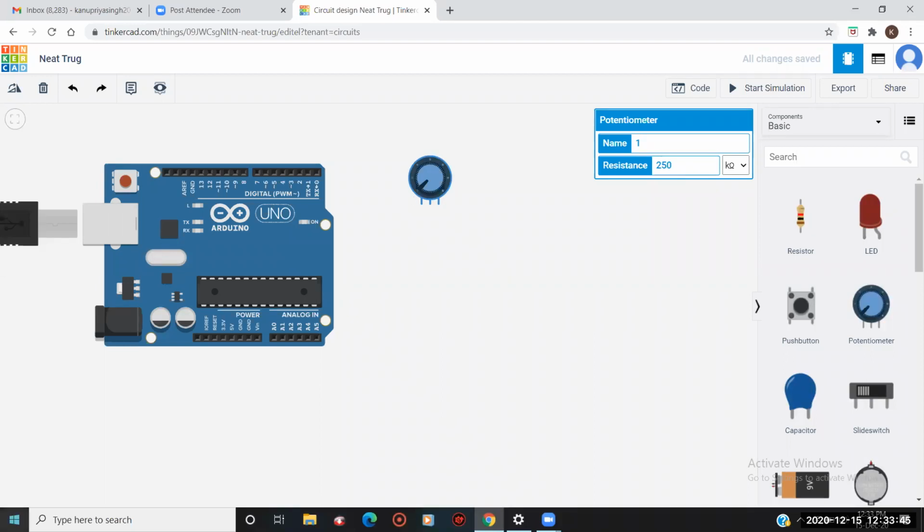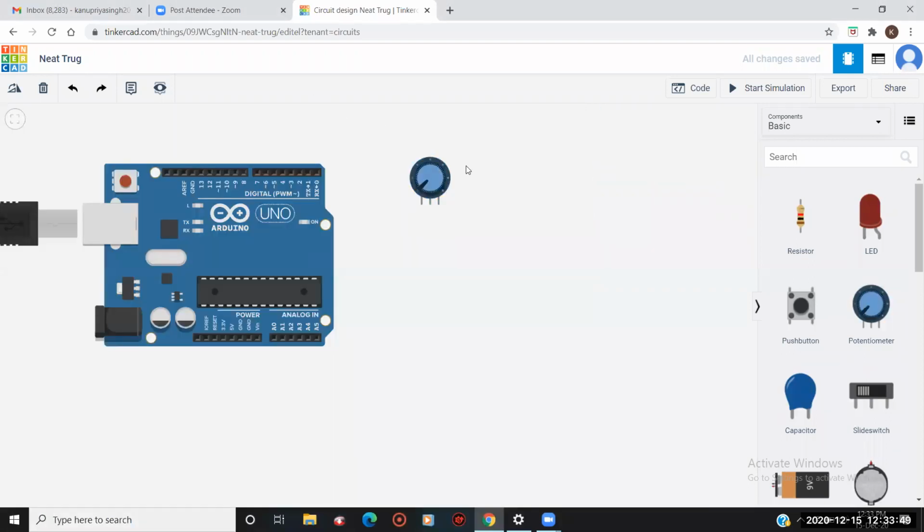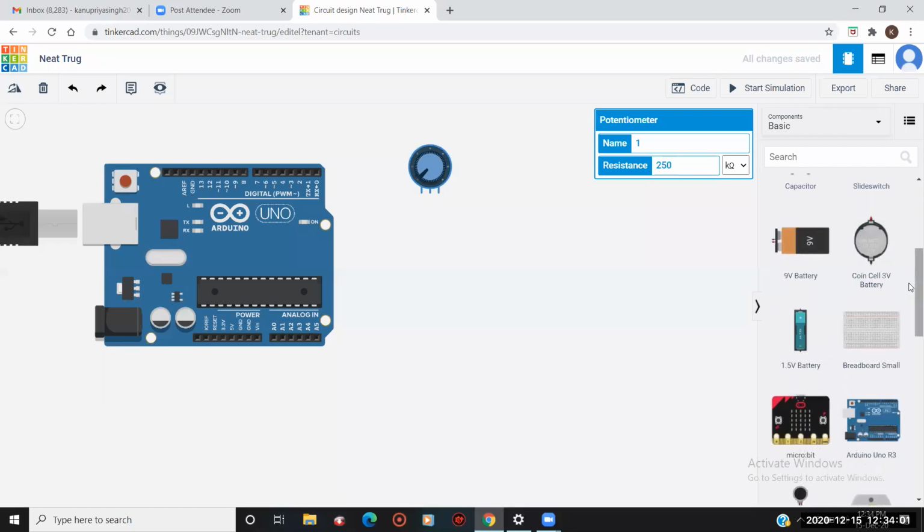So you can understand that a potentiometer is a variable resistor. You are seeing a knob is there, right? A knob is present here. If you move this knob, okay, let me fix it. For that, we'll also need a breadboard. So let me place it first.